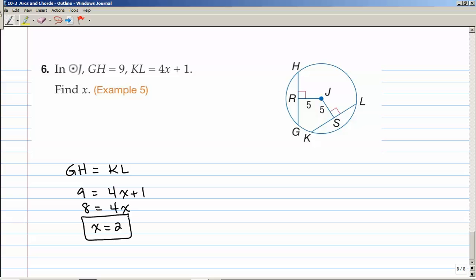Okay, so lots of theorems in this section. Make sure you're familiar with them and that you know how to apply them to the different